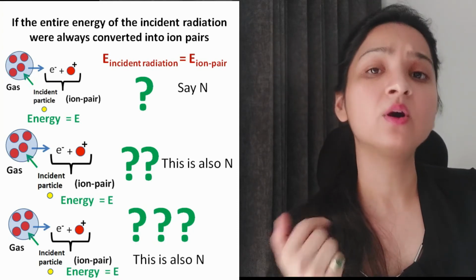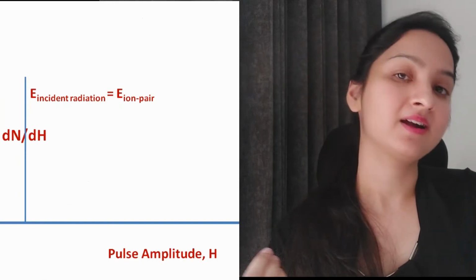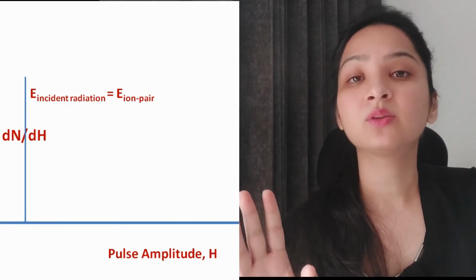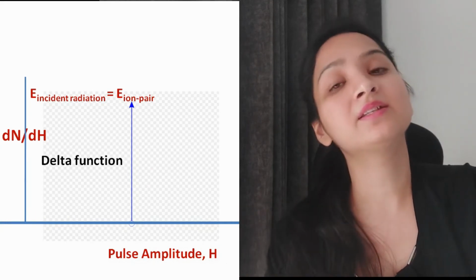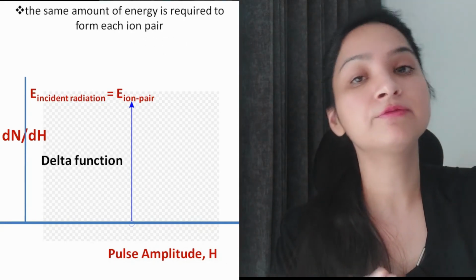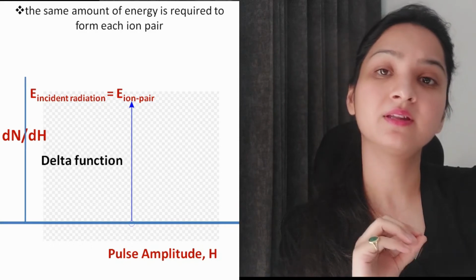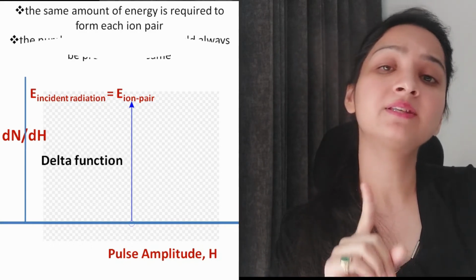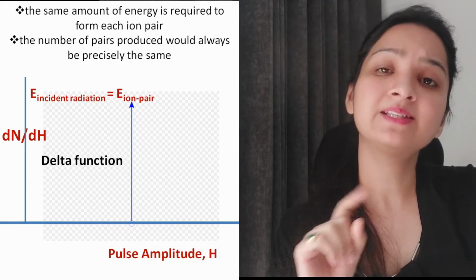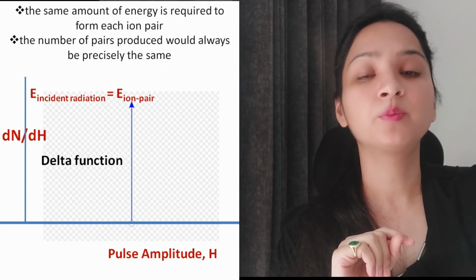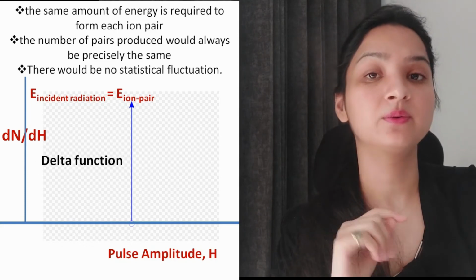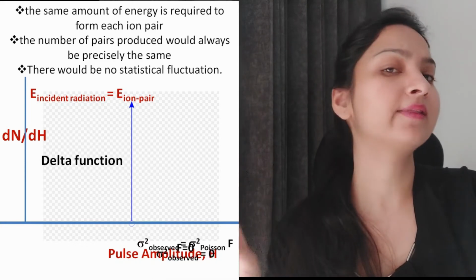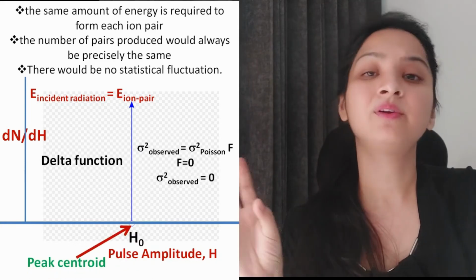तो जो आपने रिस्पॉन्स फंक्शन पहले पढ़ा वो बेकार था। वो इस केस में क्या होता, that will be a simple delta function. तो एक एनर्जी का इंसिडेंट पार्टिकल आया, उसने कुछ फिक्स नंबर ऑफ आयन पेयर्स प्रोड्यूस कर दिए और corresponding to that fixed number of ion pairs एक फिक्स्ड एम्पलीट्यूड की आउटपुट पल्स मिलती हर टाइम। एक फिक्स्ड एम्पलीट्यूड से H0 जो कि पीक सेंट्रॉइड था आपके पिछले ग्राफ में, एक पर्टिकुलर एम्पलीट्यूड की पल्स मिल गई,